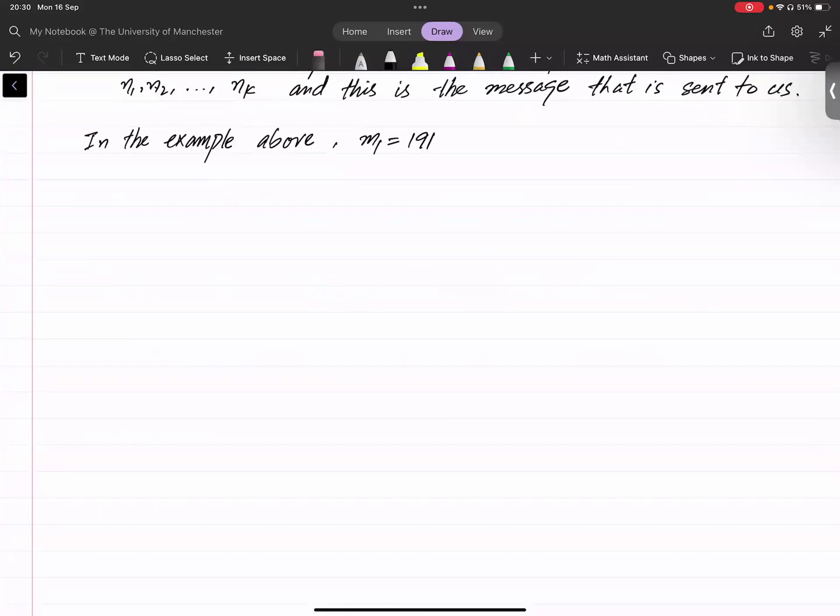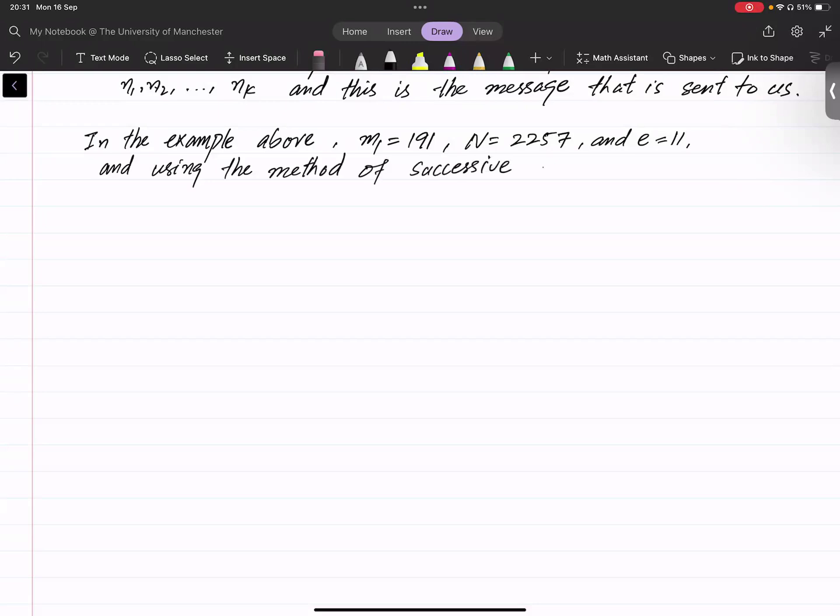Okay, so N is 2257 and E is 11. Using the method of successive squares, we have